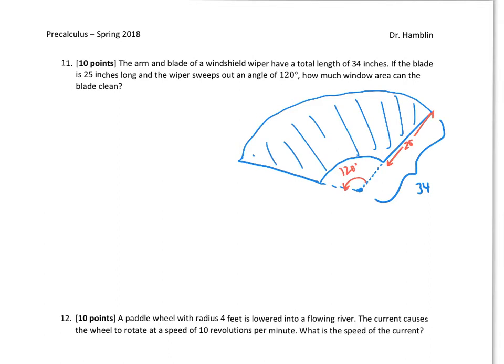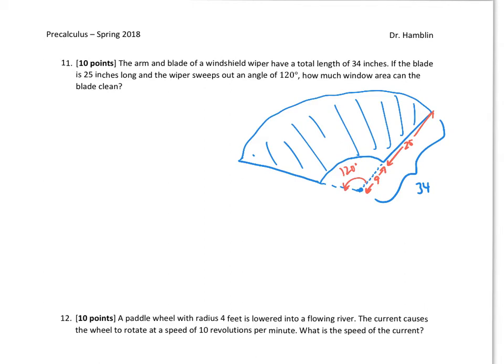Okay, so what we see here is that we have actually two sectors of two different circles. A big circle with radius 34, and a small circle with radius 9. And I'm getting 9 by subtracting 34 minus 25. So the area that I'm looking for is the area of the sector of the big circle minus the area